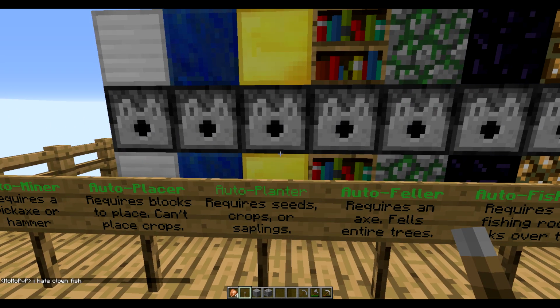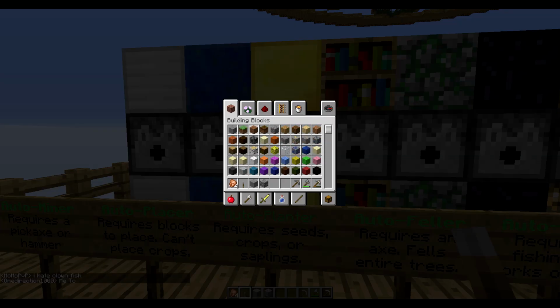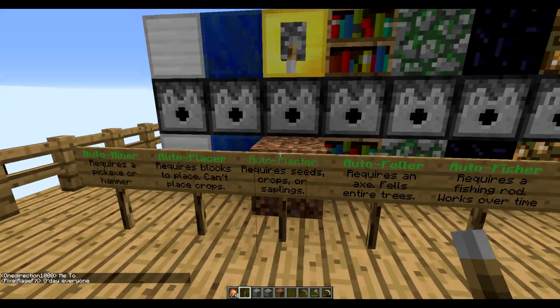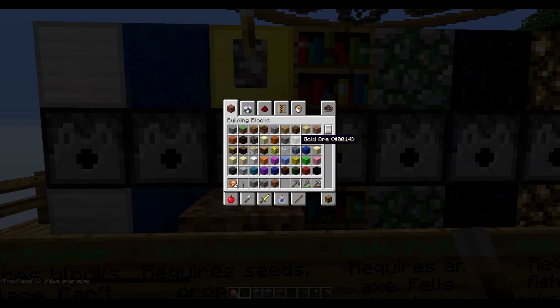This is an auto planter. It requires seeds, crops, or saplings. So we've got seeds inside it right now. If we place down a block of dirt and try to use it, you'll see that it does not work. Why doesn't it work? Because it requires the same